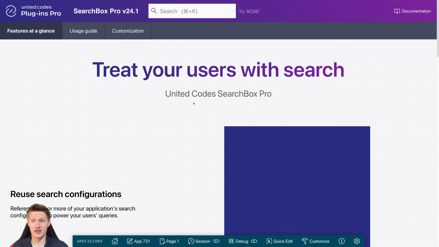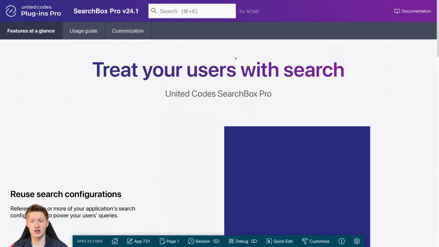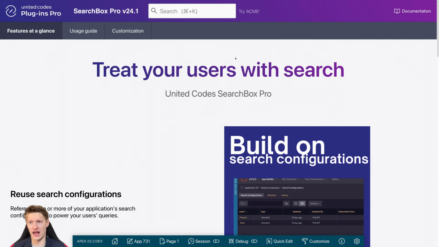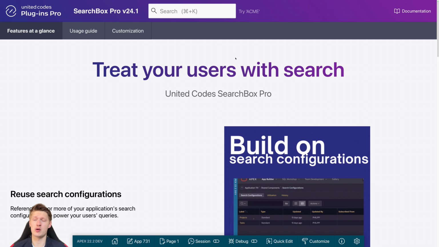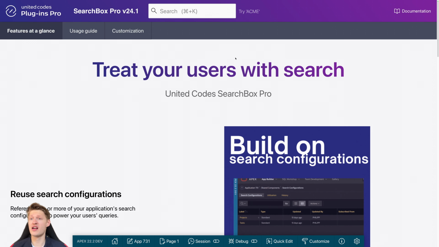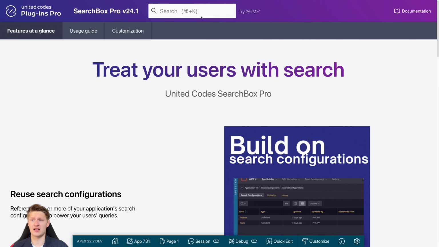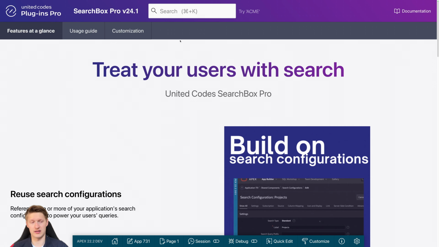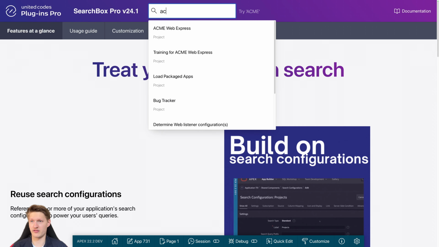So I'm excited to give you a little tour about SearchBox Pro, and this basically just adds global search to your applications like you're used to from YouTube, any social media website, or basically any website that's out there. I think it was really missing in Apex, so that's why we developed it, but you can see it in action here. So it's just globally in the app bar an input, and if I type in there, for example,